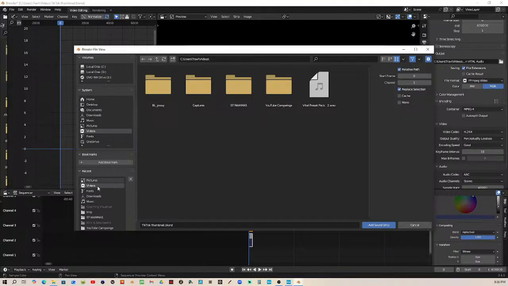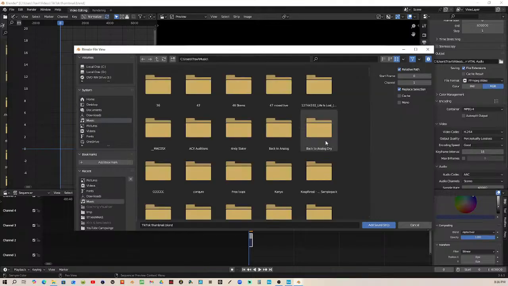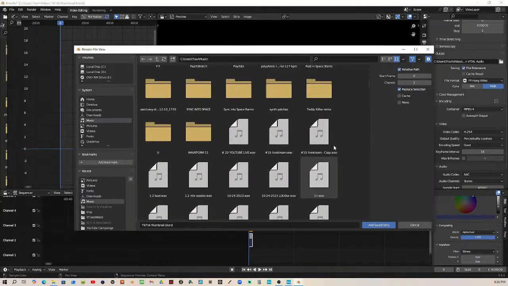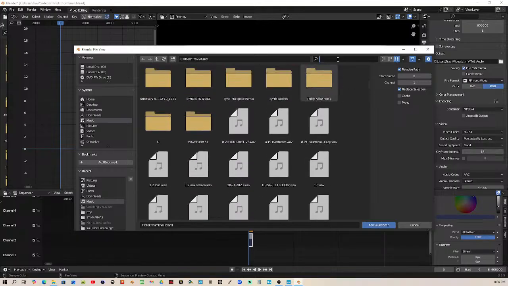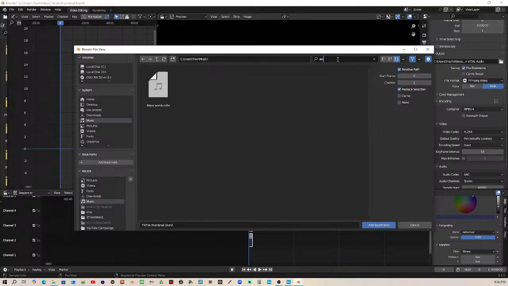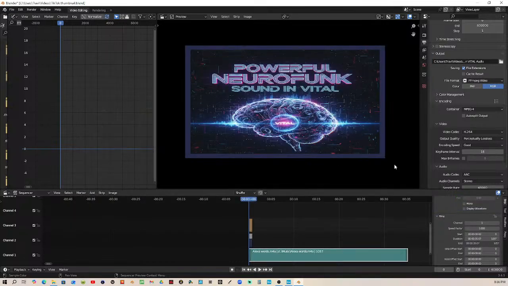Because it's free and it does all the shit that the paid stuff does. So I'm going to look for Alexa words. Let's see. Alexa, Alexa words, M4 audio. I'm going to go ahead and import that because this will read it. And I'm going to display waveform and got no clipping. That's good. You can't even see that anyways.